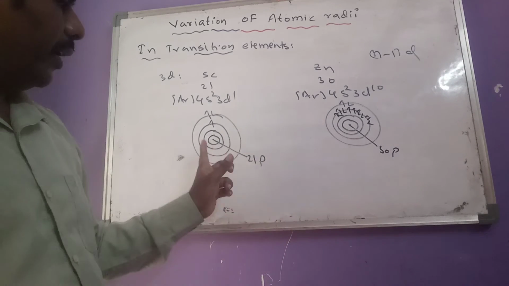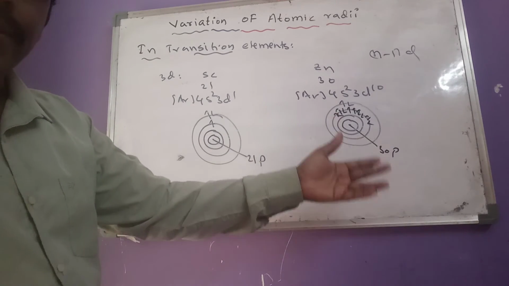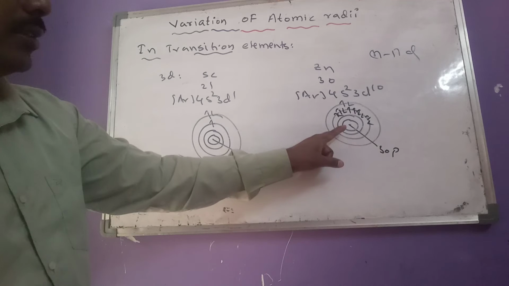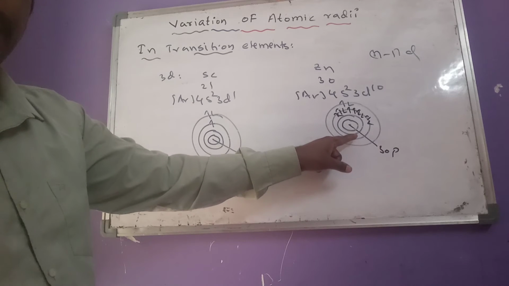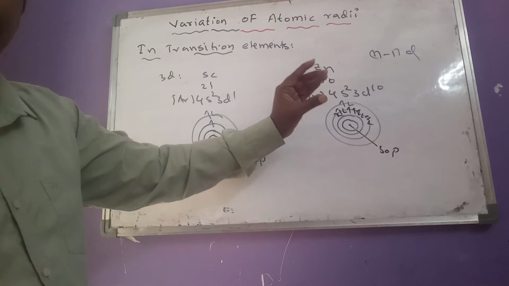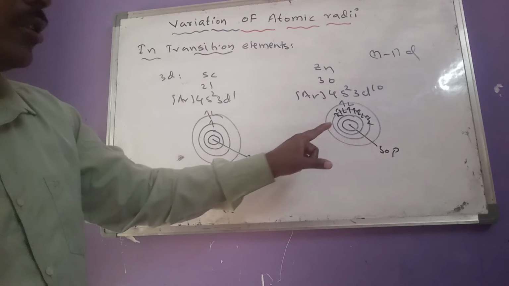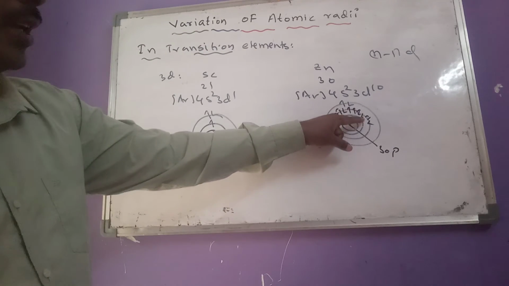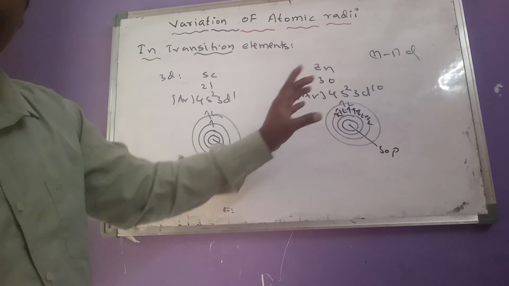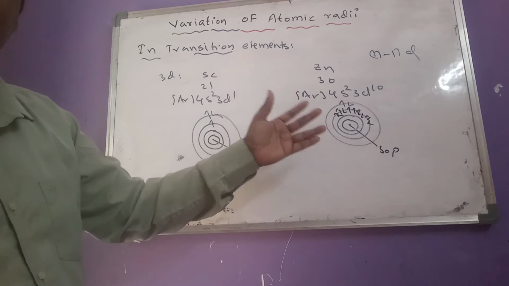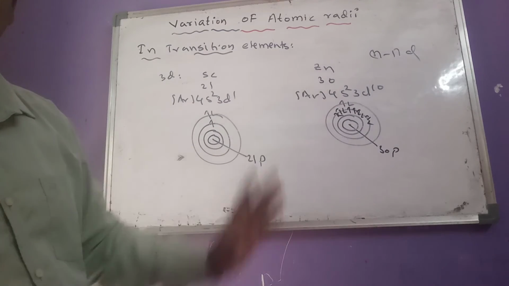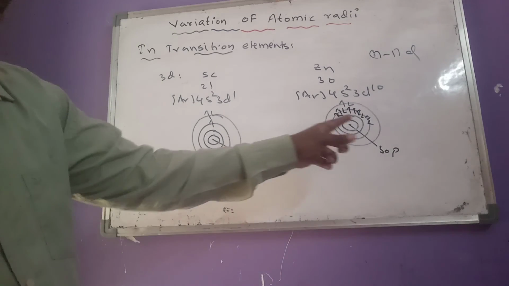Of course, here the nuclear charge increased, but at the same time the screening effect also increased. That means the total increased nuclear charge may not directly reach the outer orbit. So what is that meant by? Effective nuclear charge. Due to the increased inner orbital electrons, the effective nuclear charge on outer electrons decreases, though not that much as expected, somewhat less. So that's why there is only a slight decrease in atomic radius from left to right.